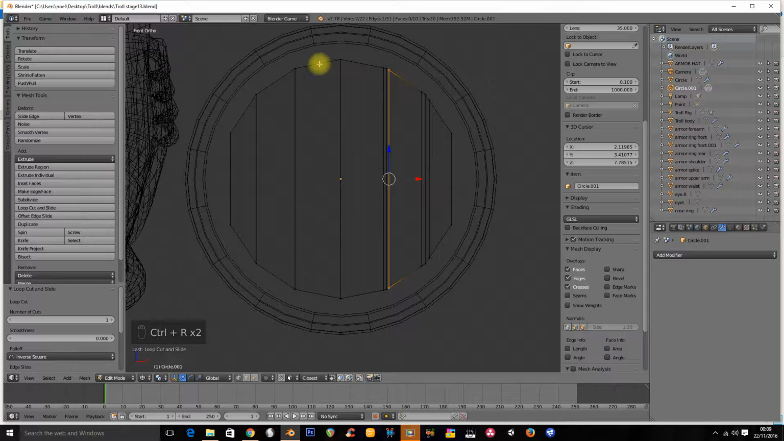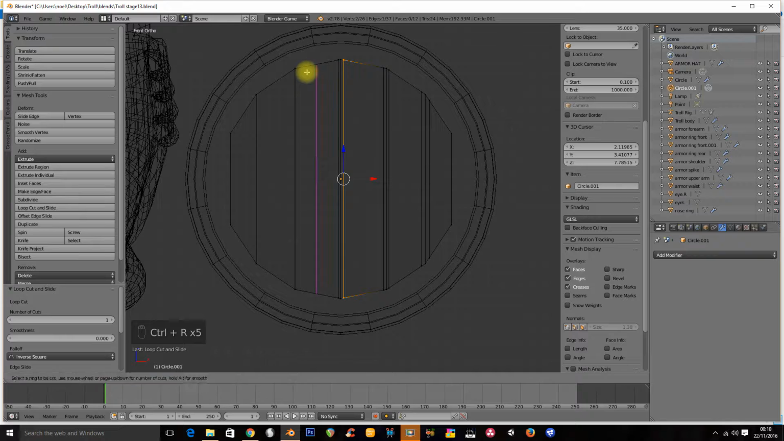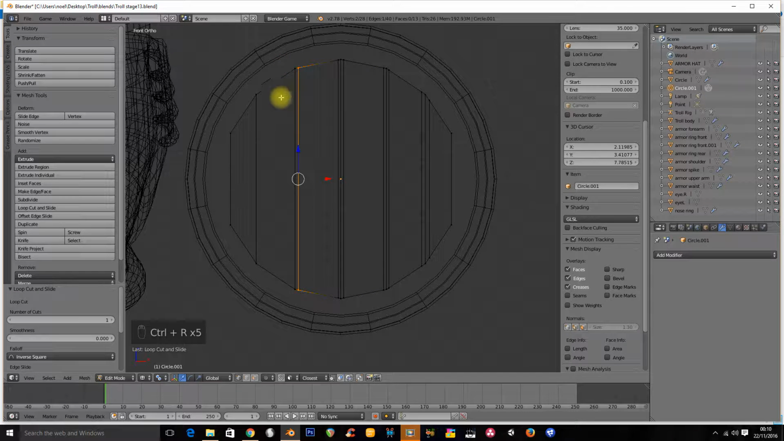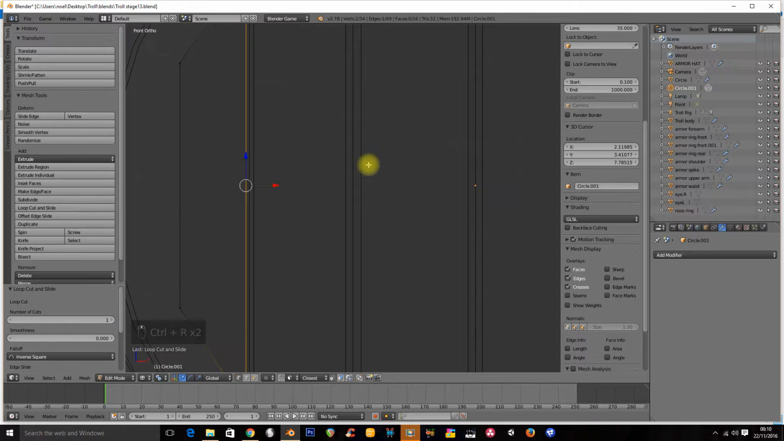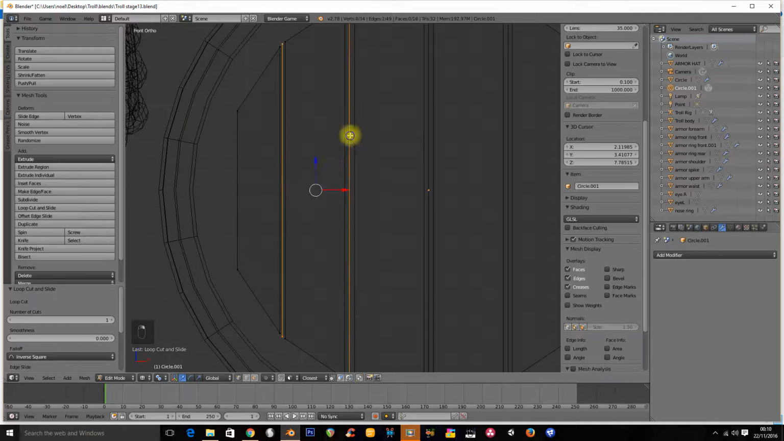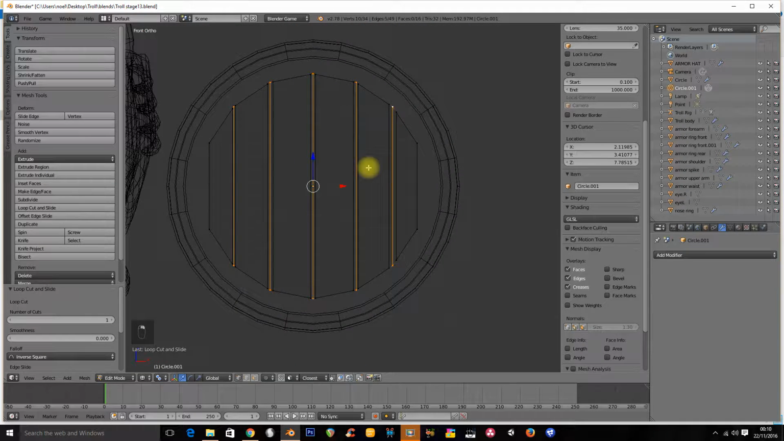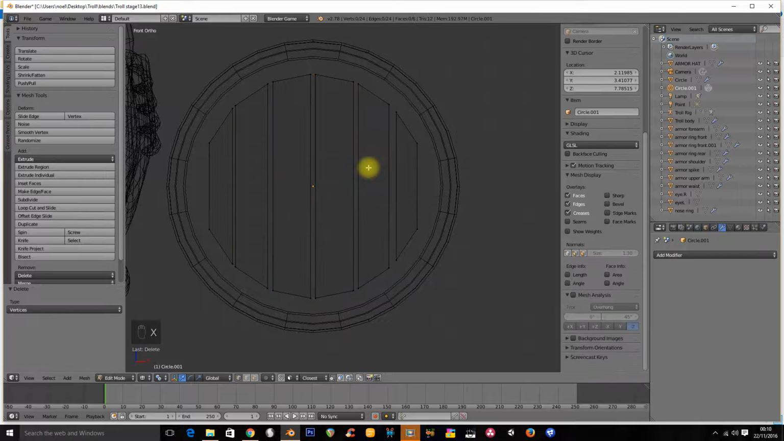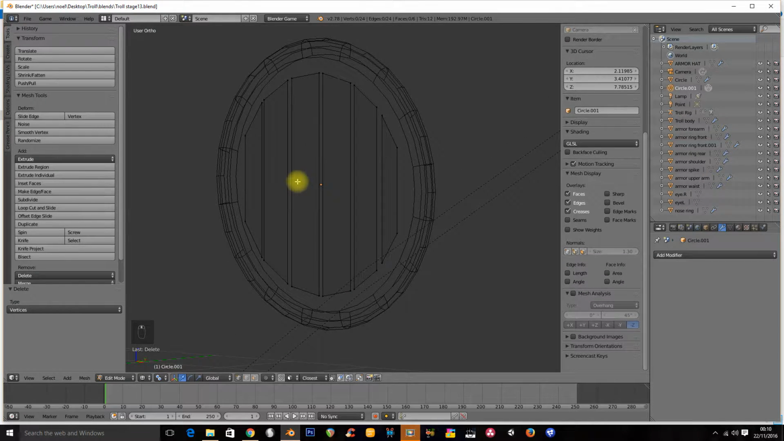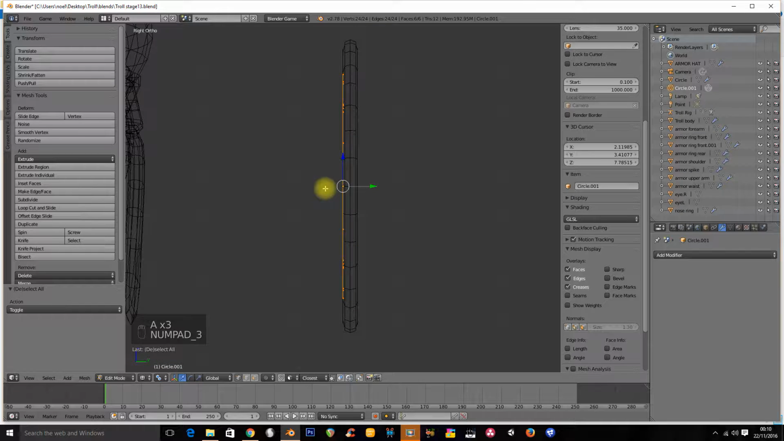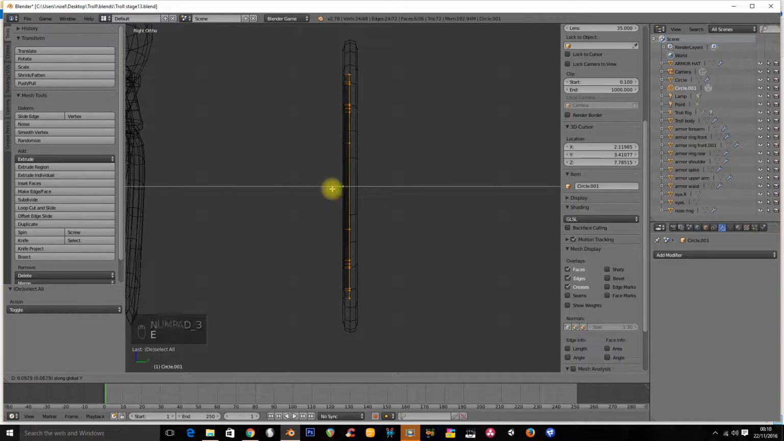Now what I'm doing here is I am going to delete the middle ones in a second, and I'll be left with sort of individual planks of wood. I don't know if that makes sense. So I'm going to select that middle one, and that middle one, and that one, and that one, and that one, and then delete them. And then I'm left with what are basically planks of wood. So I'm going to extrude them on Y,